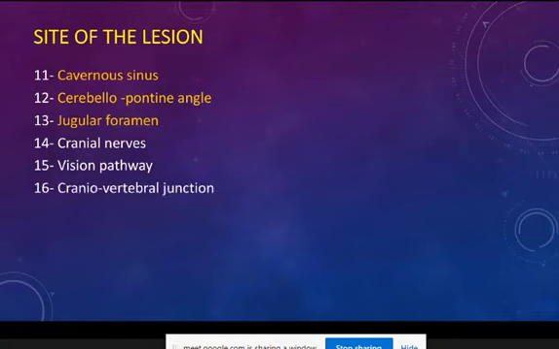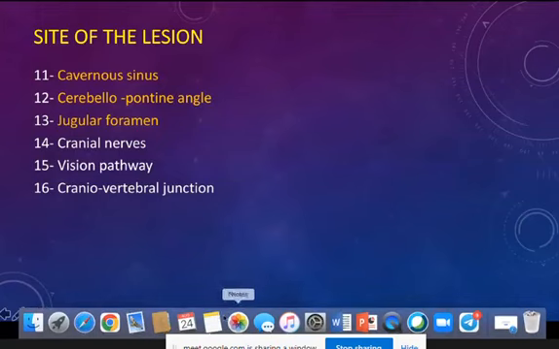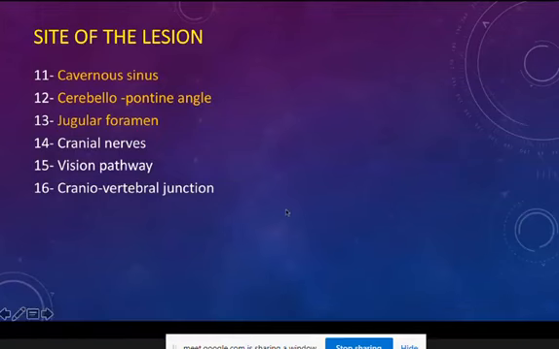And then craniovertebral junction. Craniovertebral junction anomaly. So with the craniovertebral junction, the patient may have pyramidal and cerebellar signs. We discussed yesterday the cause of the combination of pyramidal and